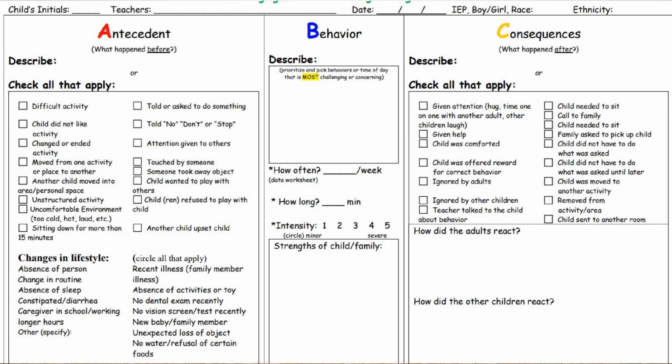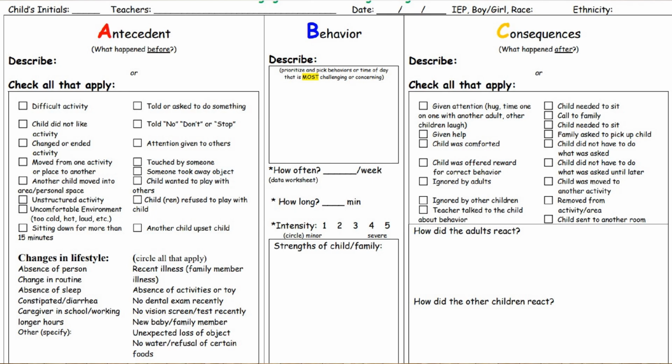This is an ABC chart. This ABC chart will help us to collect some data. We need some information to help us make decisions about what the student is trying to communicate and what function of behavior that is serving. So, the ABC chart. I found this on the internet many years ago. I love this particular one because it has checkboxes, which is so much easier when I am trying to process out and gather a little bit of information.